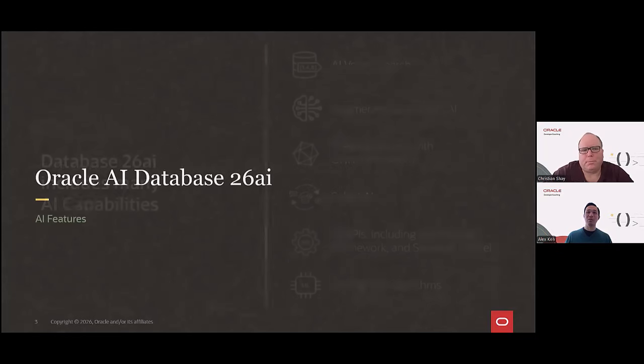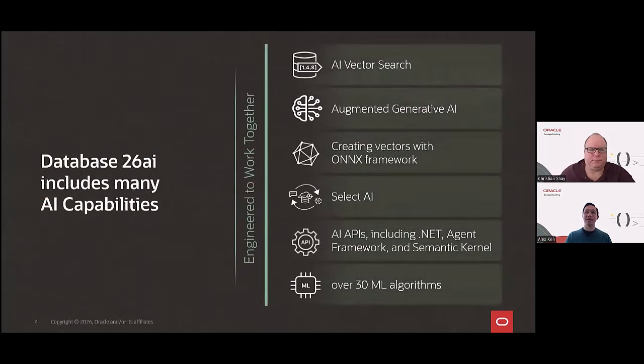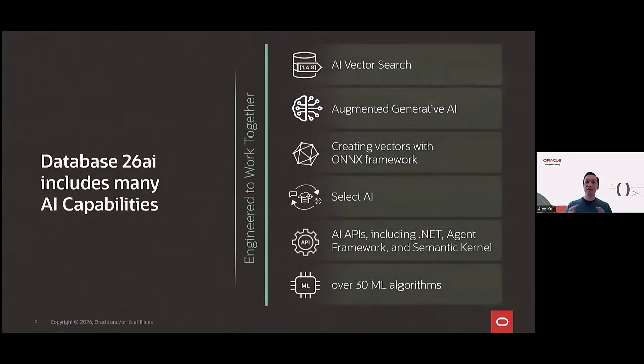Okay, so let's start with AI Database 26 AI. So the database we've not really re-engineered, but we've augmented significantly with a lot of AI technologies. And it's quite critical because the database, especially relational database, is where a lot of your corporate data exists. And what we set out to do to help you